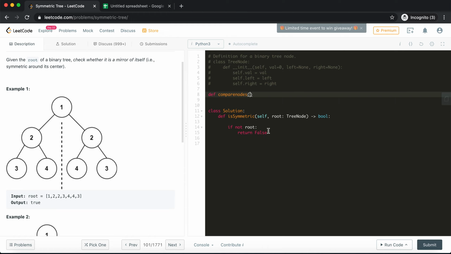We can pass two nodes to this compare nodes function, and it will compare those two nodes. If the comparison is successful, it will go to the next level and keep on checking the rest of the nodes. So we need to pass two nodes, node 1 and node 2.